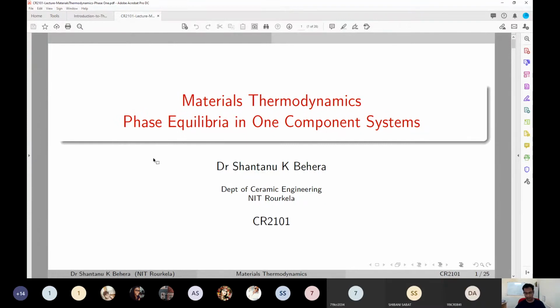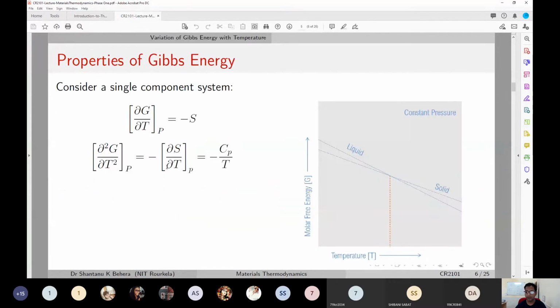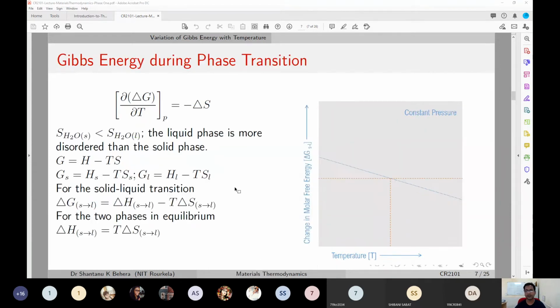We were talking about how free energy affects equilibrium and how parameters such as temperature or pressure would have influence on that. So we spoke about temperature perhaps, then we can go to the... so we talked about some of the aspects here, where how the molar free energy changes with temperature for different systems and what the slope of the curve means and what the curvature means. And then we figured out what the changes of free energy happens during some sort of process, be it solid to liquid or liquid to vapor, or any process as such. Then how the free energy is dependent on temperature,